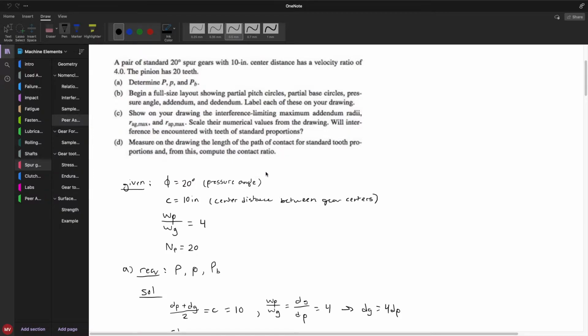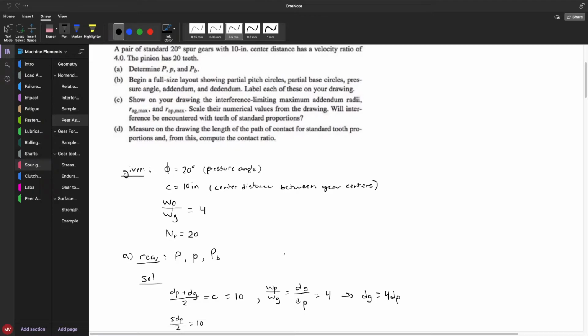So we're given in the problem here the pressure angle is 20 degrees. We are given the center distance as 10 inches, the speed ratio of 4, and we're given the number of teeth on the pinion as 20. So how we solve this